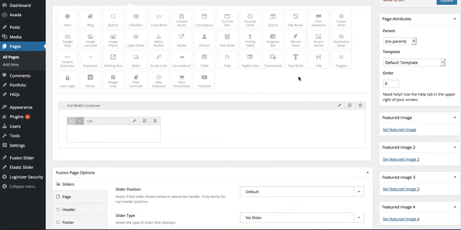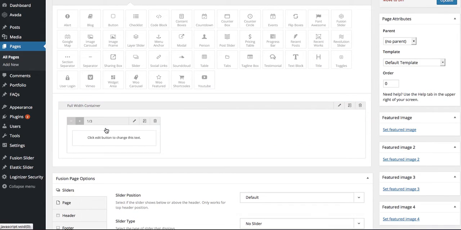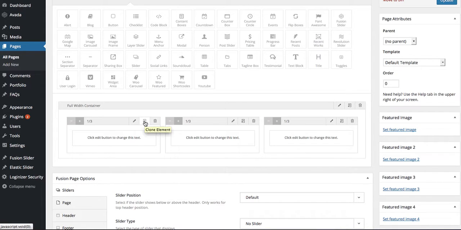And then I'm going to find text block, drag it down and drop it in the window. Now you can see, click here to change this text. Because I want 3 columns, I'm now going to clone this. So once and twice. And as you can see, I've now got the 3. You can save an awful lot of time by doing this, especially if you need to put, for example, this